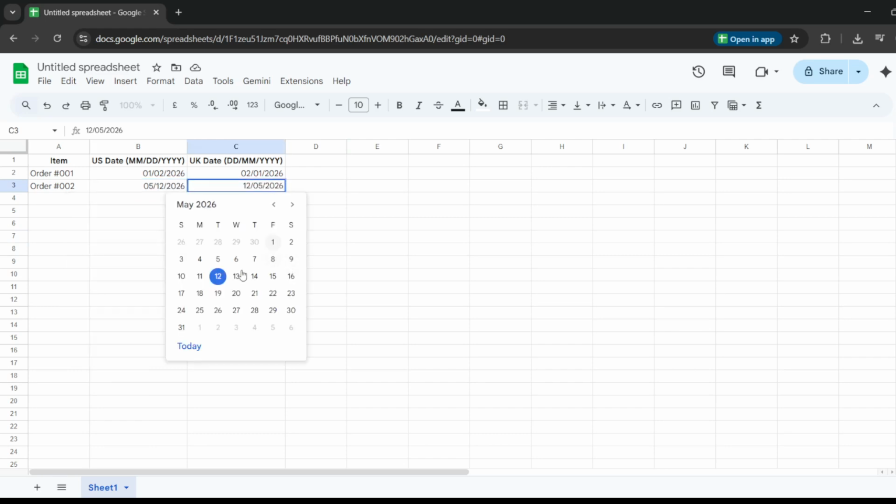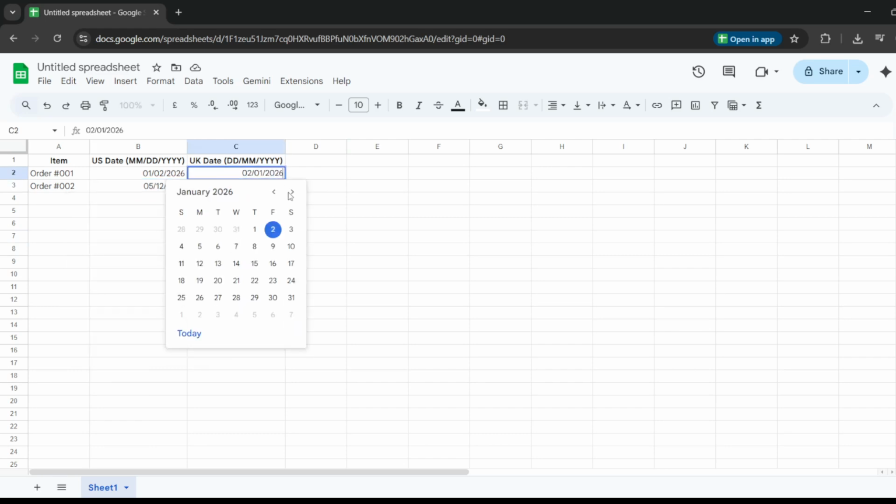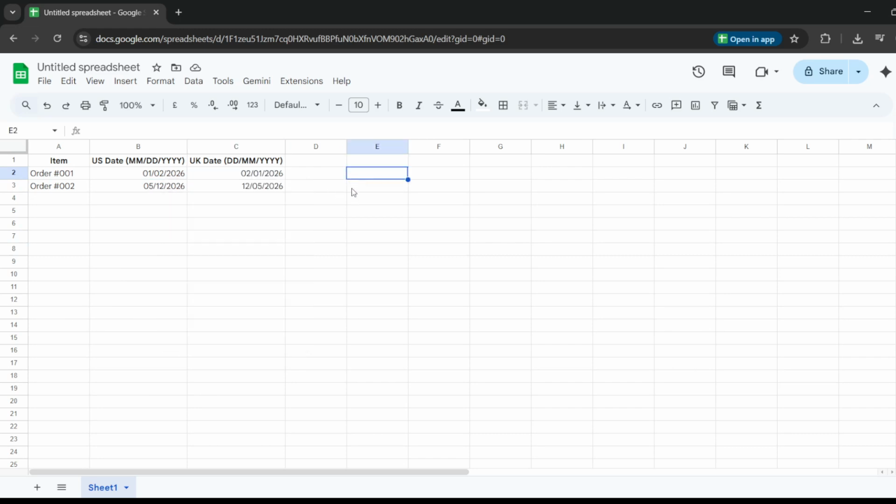And that's it. Use the locale change for a consistent, sheet-wide UK setup, or the custom format for targeted ranges. Either way, your dates will read the way you expect,